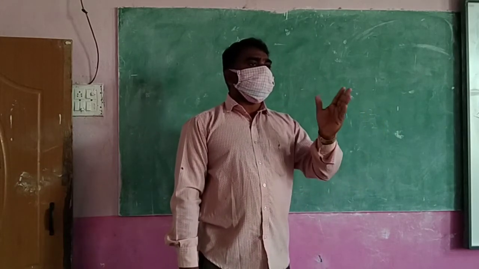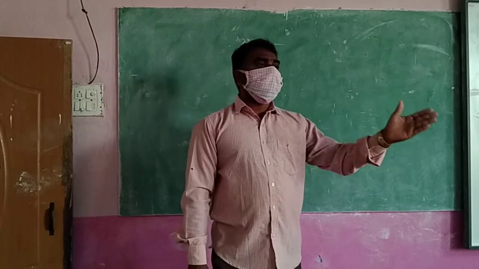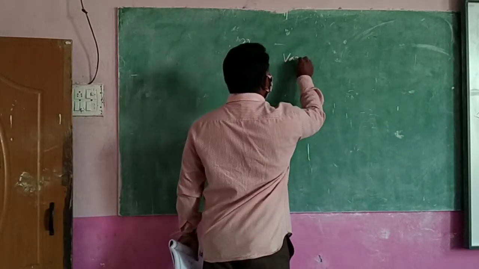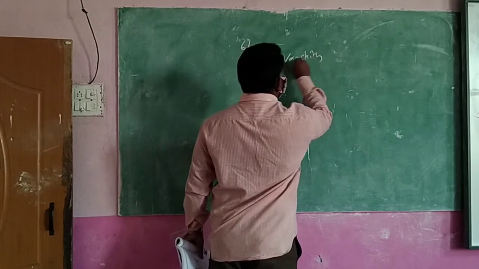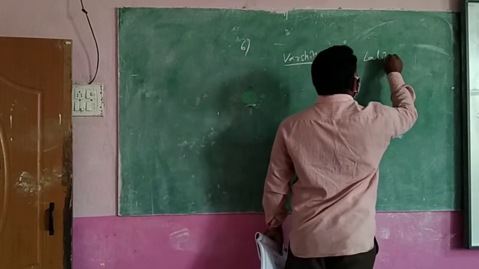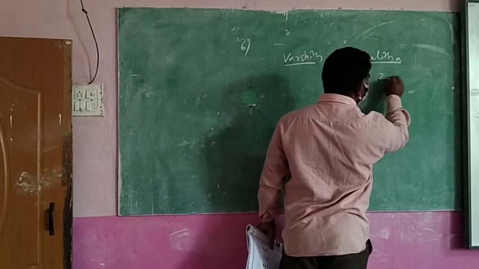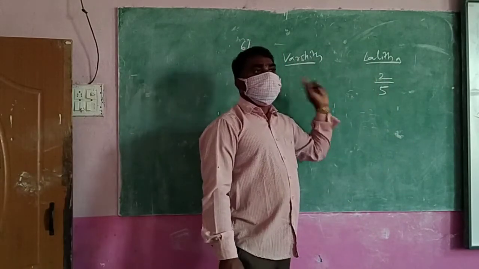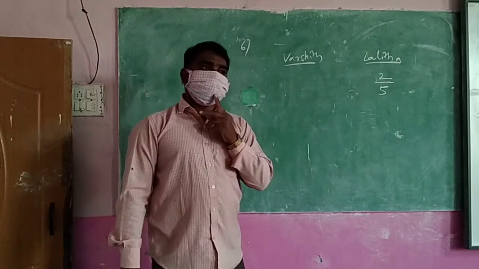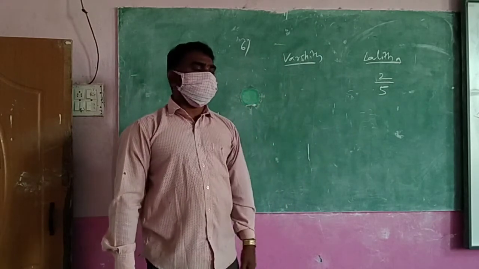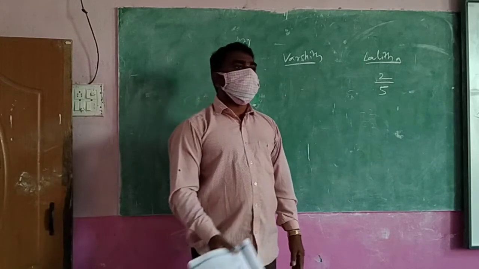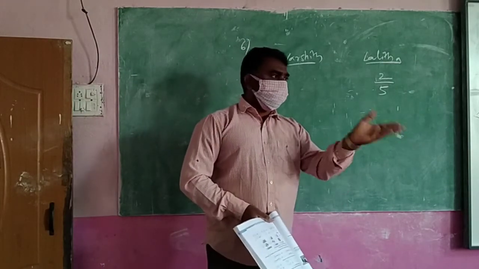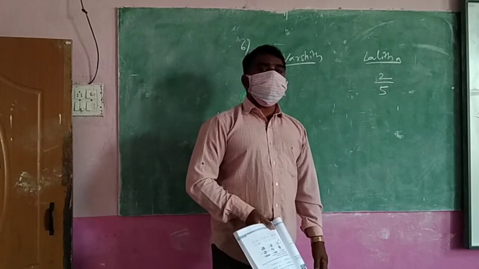Okay, so we will write it. How much did Worksheet read? And how much did Lalita read? 2 by 5. That is in fraction form. Worksheet's is not in fraction form, but you can write it. How do you write Worksheet in fraction form? 25 by 100. 25 pages out of 100 pages, no? Yes. 25 by 100.